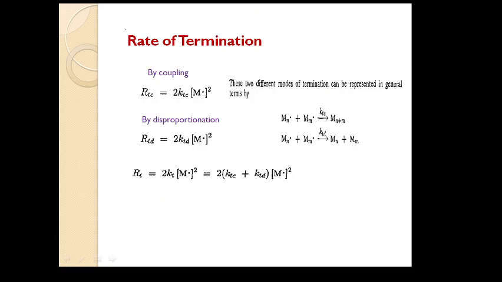Now, after propagation, we move to the last and final stage of the polymerization, that is to control the molecular weight. We have to stop the polymerization at a certain step. So we can stop or terminate the polymerization in two ways, by coupling and by disproportionation. And in coupling, we have seen that two active chains, one having n number of monomers and another chain radical having m number of monomers, will combine together and form a big molecule of n plus m monomers. Another way is disproportionation.